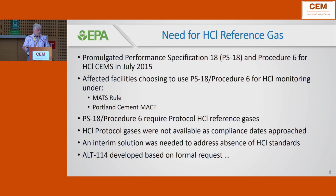So early in 2015, I believe, EPA promulgated Performance Specification 18. Performance specifications are the monitoring methods. One is for the installation, and then the Procedure 6 are the quality assurance procedures. They require